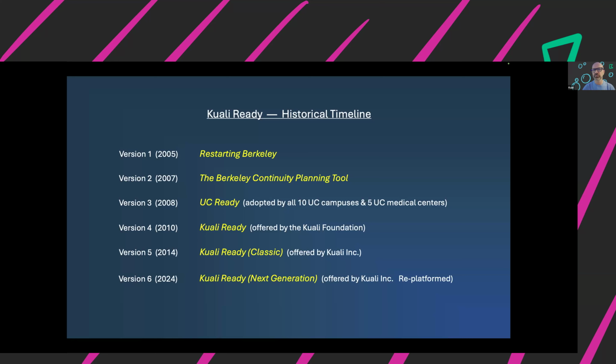Kuali Ready was the first product to make the transition onto the Kuali platform. The Kuali platform, and I won't get into the weeds on this, it's just a unified code base that allows us to develop all our different software solutions in the same environment. And that has a huge advantage in that oftentimes we find that we build something for, say, our research solution, and we find that it's a useful capability for our other solutions as well. So we can build something once and deploy it 4 different times across our platform products.